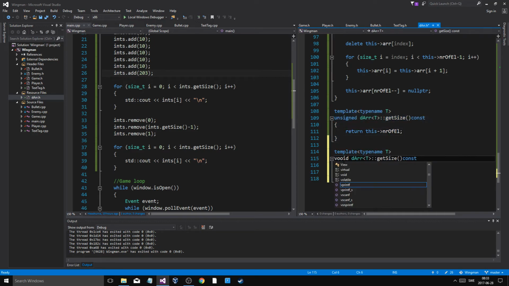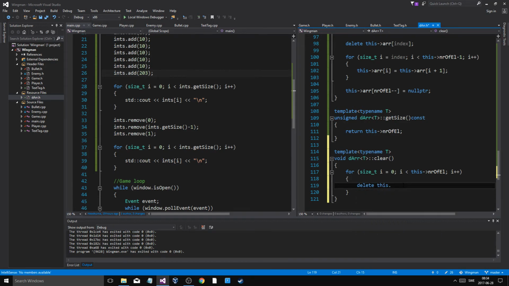Void, and then clear, because we need something that will just clear everything out and make it empty again. Oh God, please, for this number of, why is this not working? Clear? No, it's not const. This number of elements,